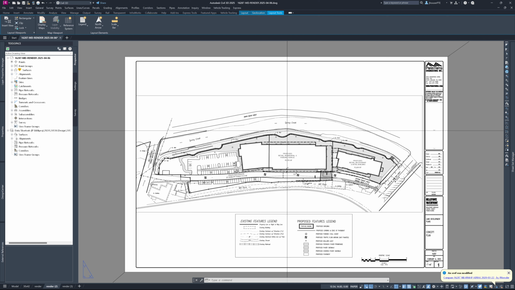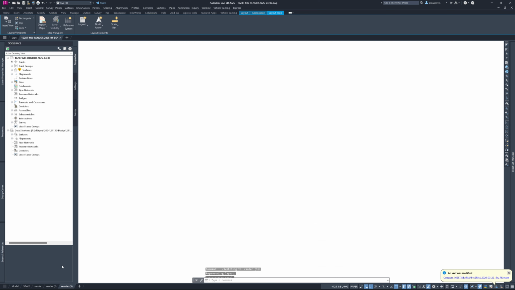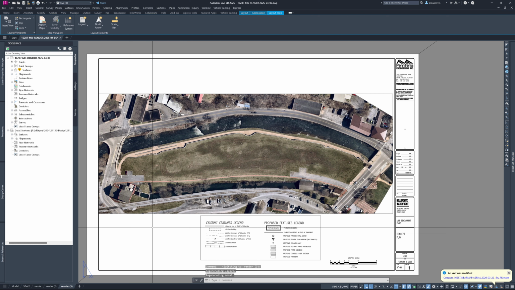And then the final one, lately I've been trying to include an aerial photograph as part of the background. It gives a little bit more texture, a little bit more detail around the site, a little more context, I guess. But I keep each one of those types of tabs separate. And when I go to plot,